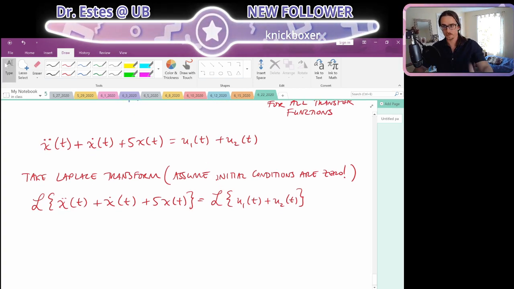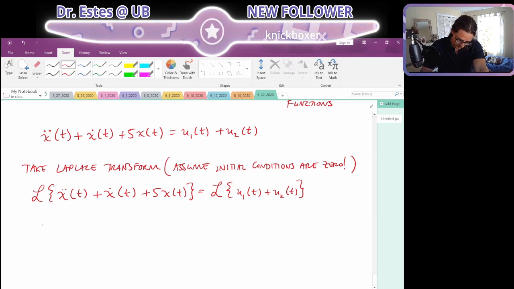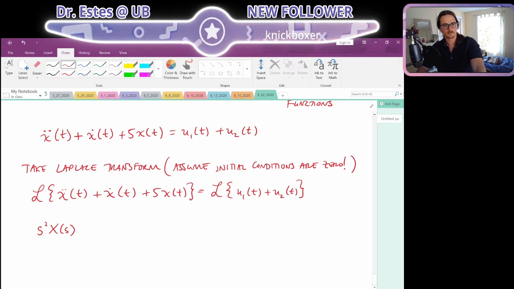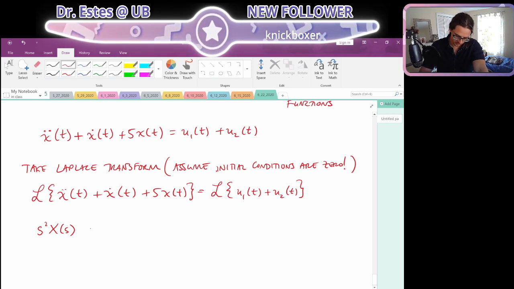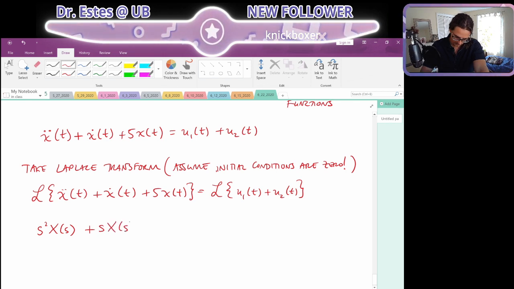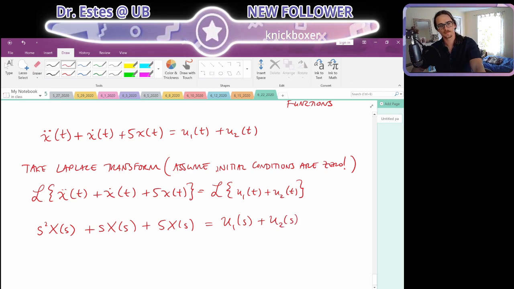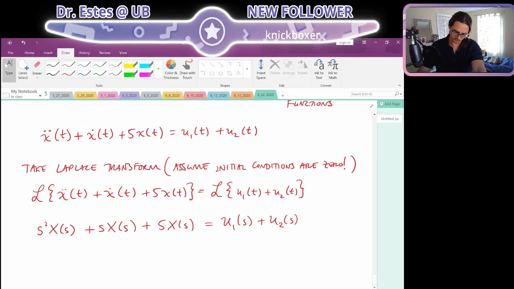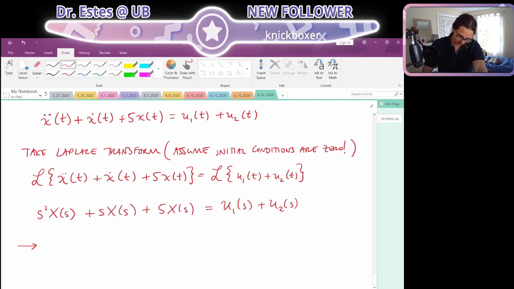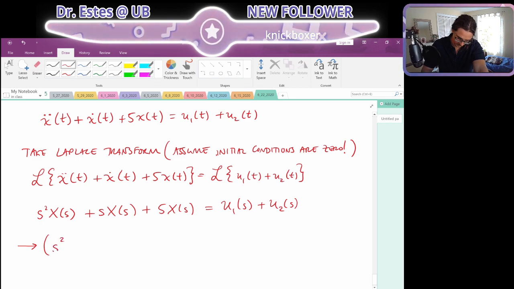Okay, so if the initial conditions are 0, this gives us s squared X of s, we're ignoring the other terms, plus s X of s plus 5X of s equals u1 of s plus u2 of s. Let's group up these terms. s squared plus s